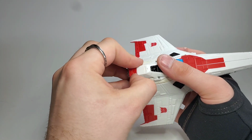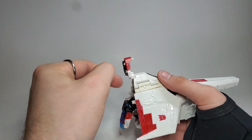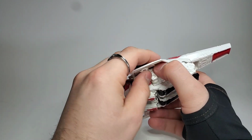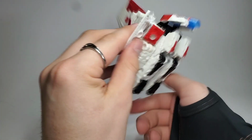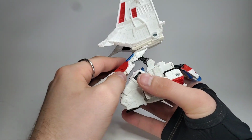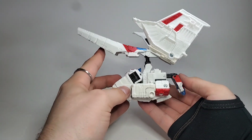Then you can take this up here, unhinge it there, swing it up, it'll tab in right here, and it'll tab in right there. Then you can take his wings and disconnect them from the arm pieces up here and fold them up, just to get them out of the way. Then you can hinge this assembly back just a little bit, just to kind of give you some more clearance